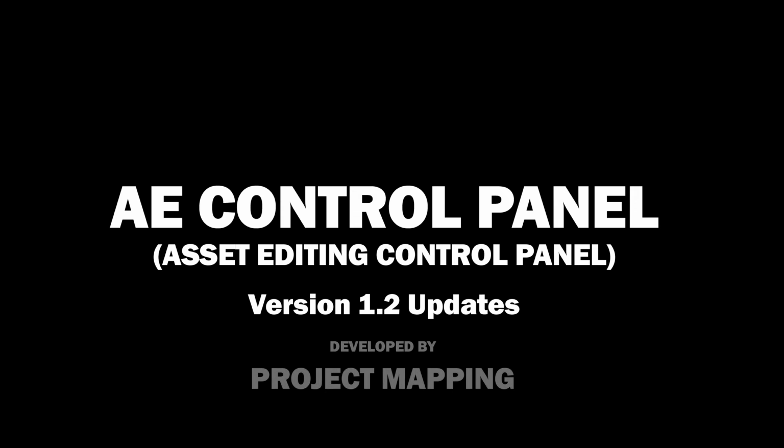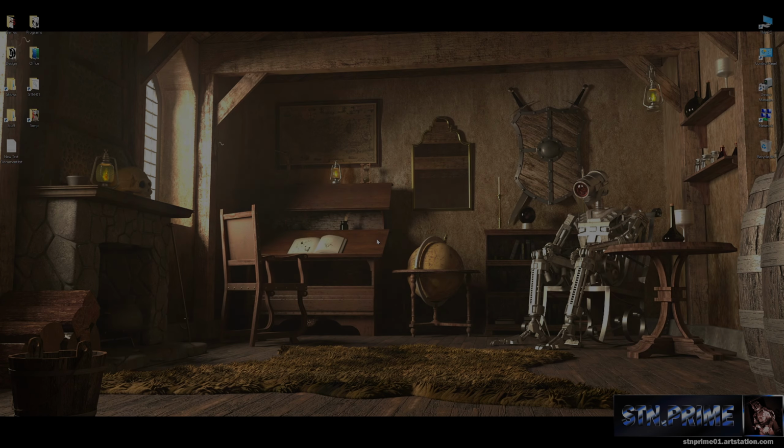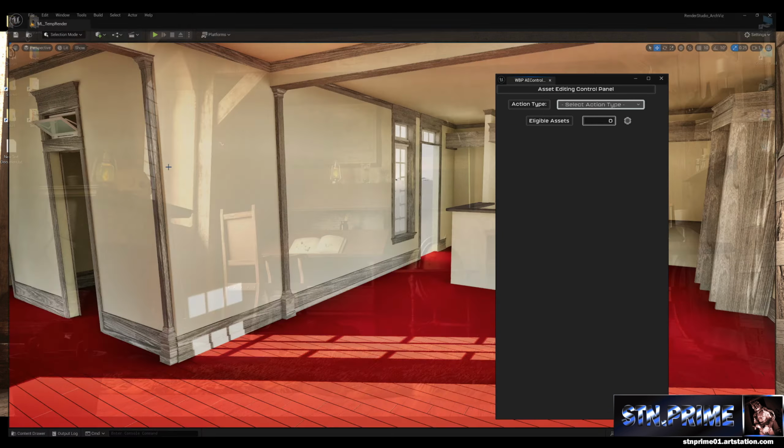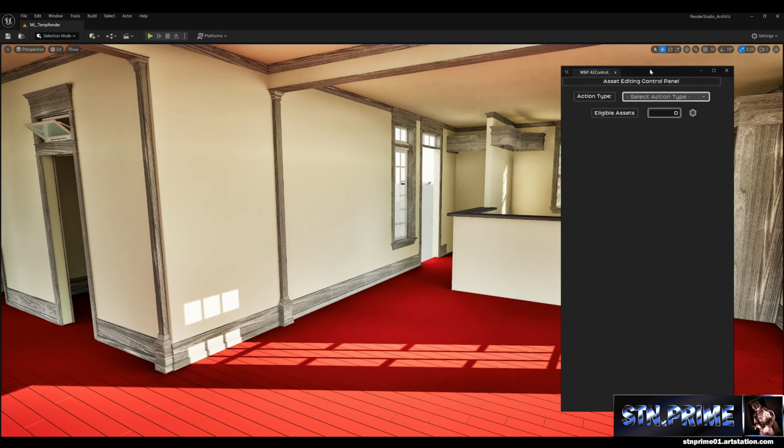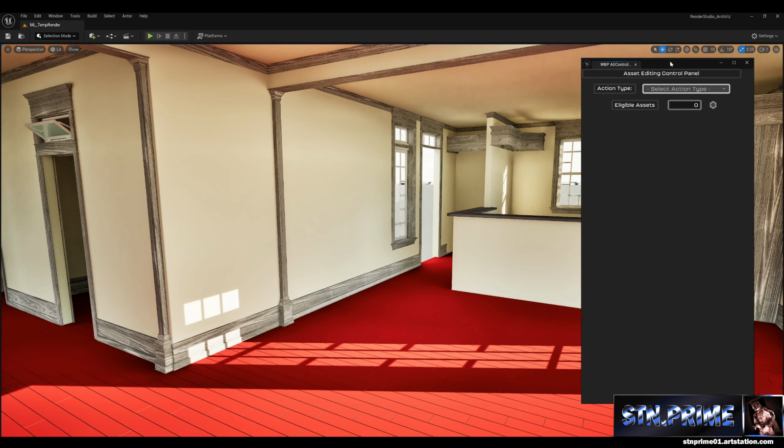All right, so this video is going to cover the revisions made to the asset editing control panel. The first half is mostly going to be the new features, and the second half is going to be somewhat of a reiteration of the first video, basically explaining how to set it up and its core functionality. So to start off,